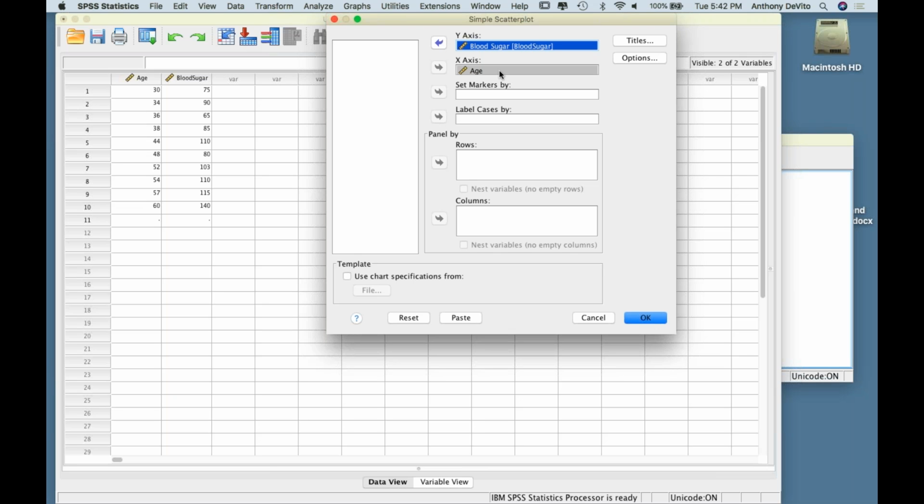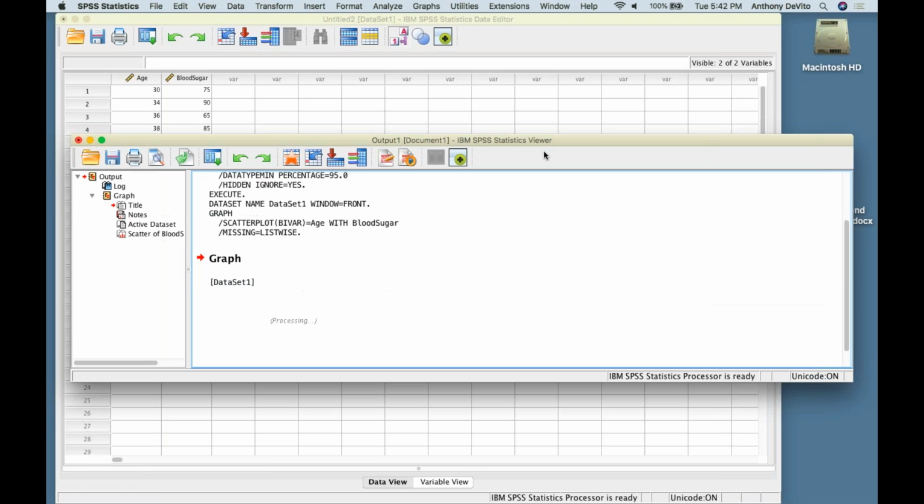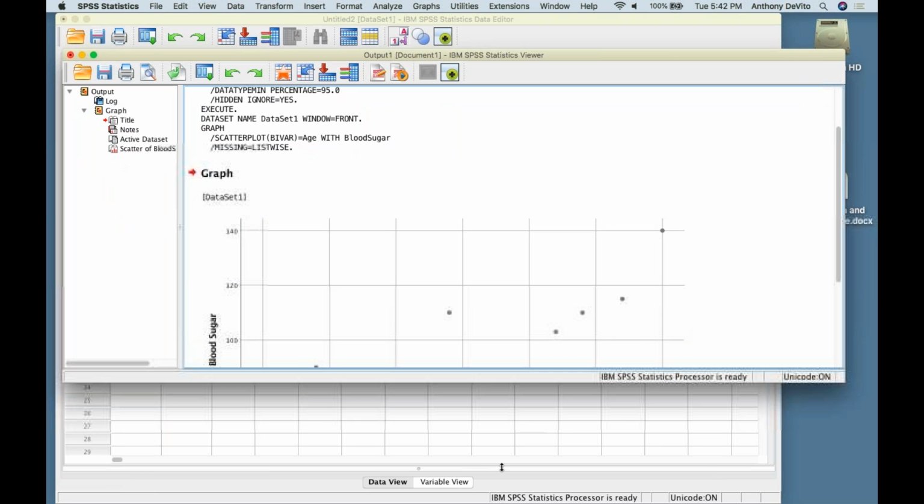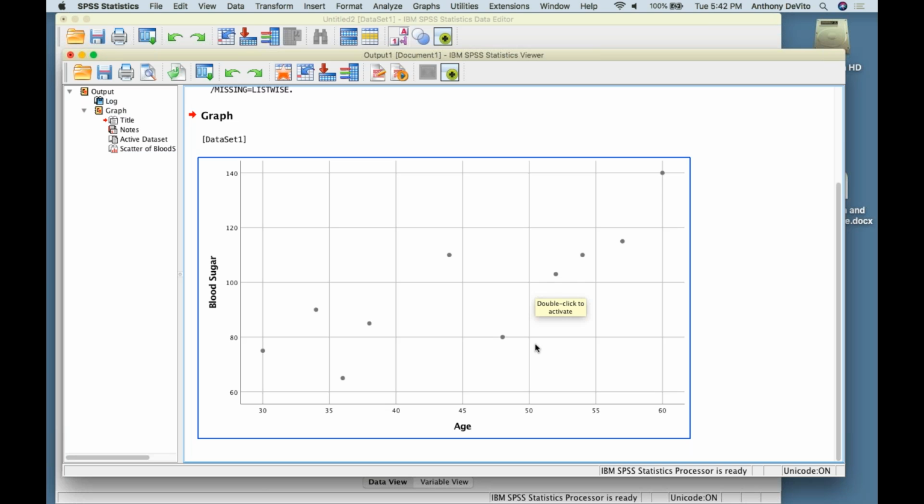Okay, so I'm going to put this in here. Age is the x-axis, and blood sugar is the y-axis. I'm going to click OK, and I'm going to get a graph. And here is my graph. Okay, can you see those points up there? Okay, so does it look like there's an association? Right? As